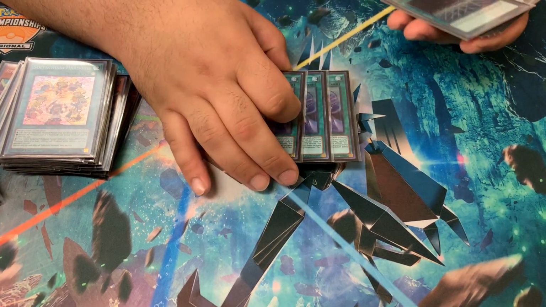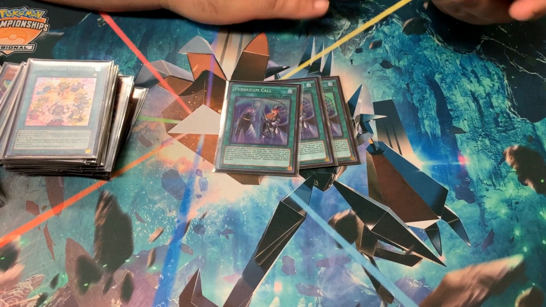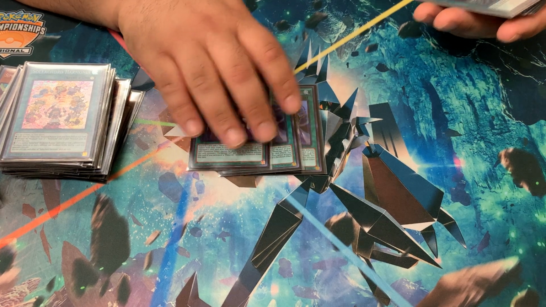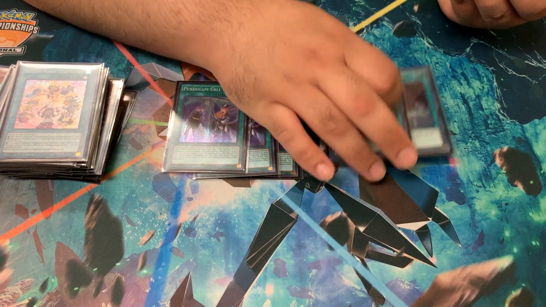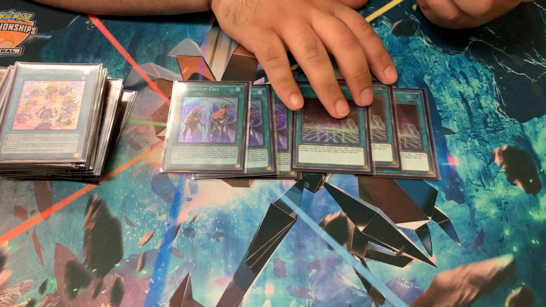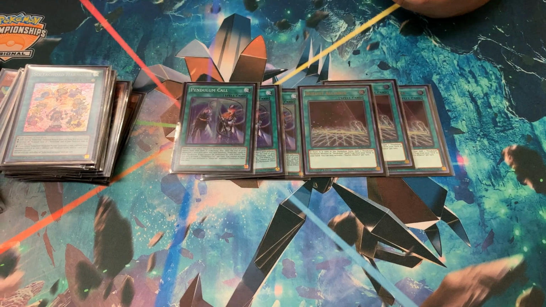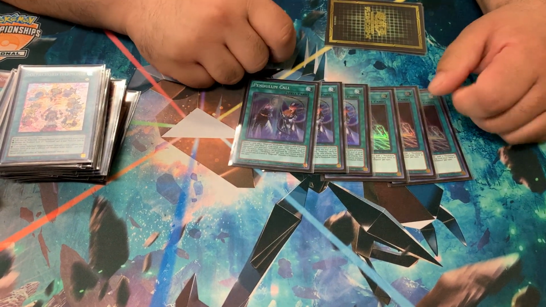And the reason why I play souls is because I play 3 Pendulum Call, which you can only activate once per turn. I don't think Pendulum Call needs to be talked about. The card's busted, especially with Dark Worm. And then I play 2 Duelist Alliance, or 3 Duelist Alliance, and you can only activate this card once per turn. So it's fodder to send if you open up multiples with